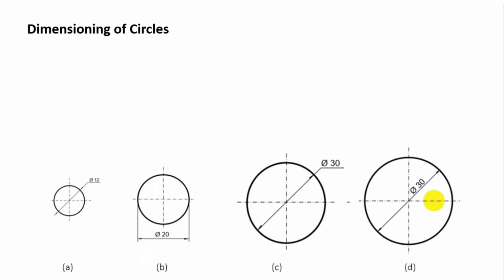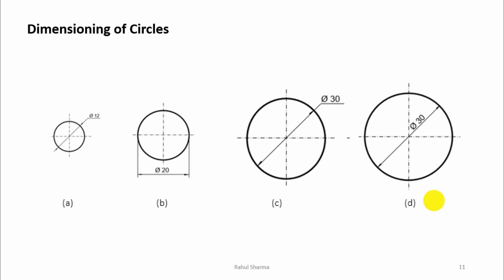Now the next topic is dimensioning of circles. These are the four methods which we use for dimensioning of circles. There is no particular value for which we have to use a particular method. You are free to use any, but the thing you have to remember is that if the circle is very small and you do not have sufficient space inside the circle to write the dimension, then we do the dimensioning like the first type. We do dimensioning from outside, and when we write the dimension of a circle we have to write the symbol phi. Phi represents diameter, and we use our leader line. Leader line means when we bend a dimension line.